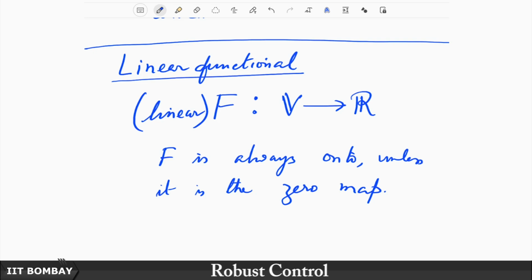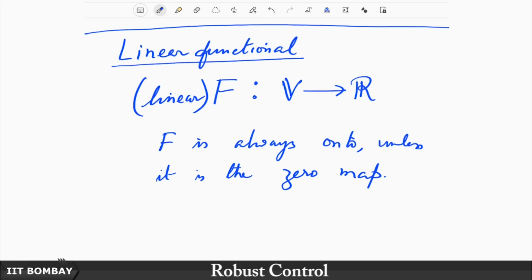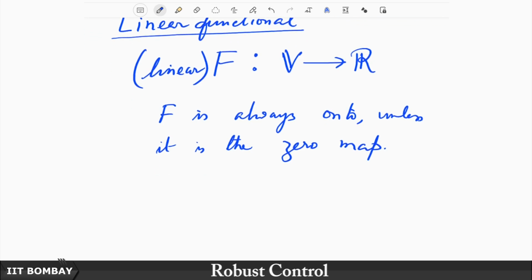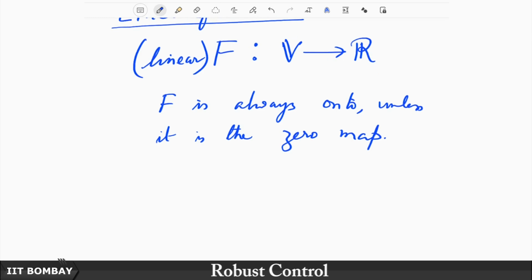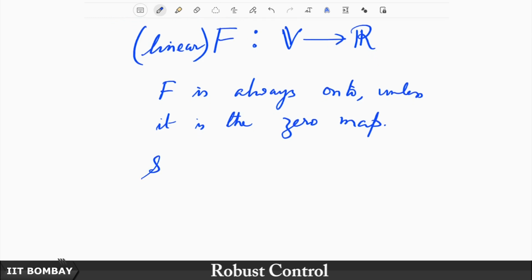So, I am saying that unless this f is basically the trivial map which maps every point in the domain, the vector space, to the origin, to the 0, if it is a non-trivial map, then this is always onto. That means every point on the real line will have a pre-image. Why am I saying this? Because of the property of linearity I can make this claim. How so? Suppose